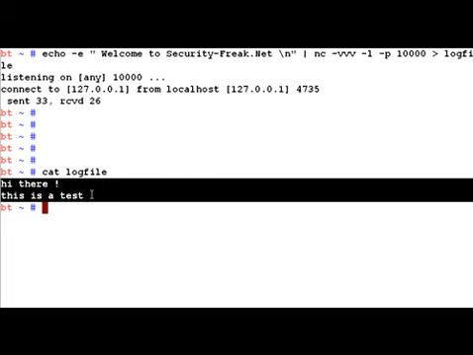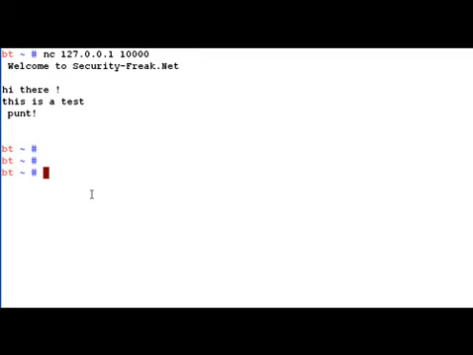So now we can do a very small variation of this, and that is basically, if you notice, there is one slight problem here currently. That is the fact that the server side process exits after the first client disconnects. Now a server should never exit, right? So how can we make netcat stay onto that port indefinitely?